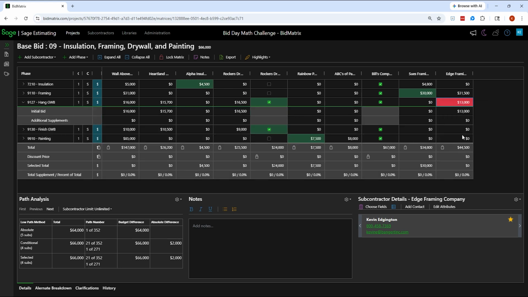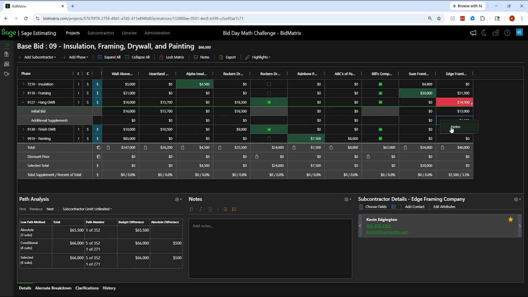And I'm going to tell it that I want to add a supplement to this. What this has done is my initial bid was $13,000. For any additional supplements, I'm going to say that is going to be $1,500. So now you'll notice that the original bid was $13,000, the add that I needed to add to it is another $1,500, so it's made their new bid $14,500. It's got a little arrow here to note that it's been increased or decreased by some sort of adjustment.